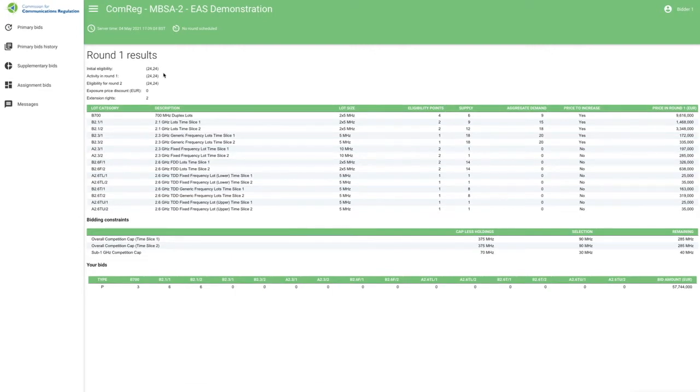We'll continue by having a look through a couple of primary bid rounds. Now for the purpose of the demonstration, I've already run through the first round and the interface is now showing the results of that round. At the top of the page you can see information about your eligibility and activity in the round. So in particular you've got your eligibility going into the round, which in this case is your initial eligibility because